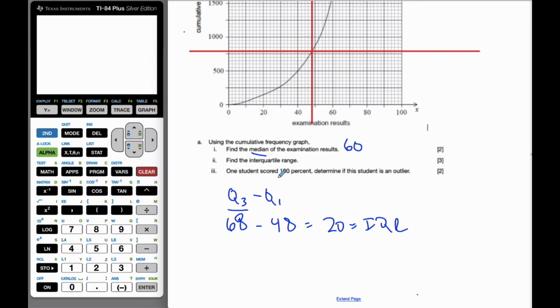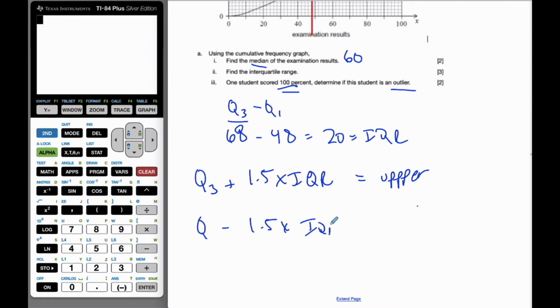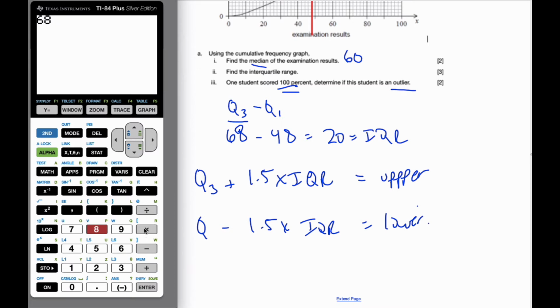It says one student scored 100% on this examination. Determine if the student is an outlier. For outliers, we have a formula. It's 1.5 times the IQR, and Q3 plus that value is the upper boundary. Similarly, Q1 minus this value is the lower boundary. So when I do Q3, which I know is 68, plus 1.5 times 20,